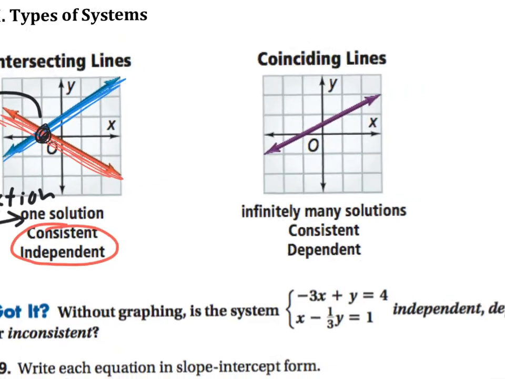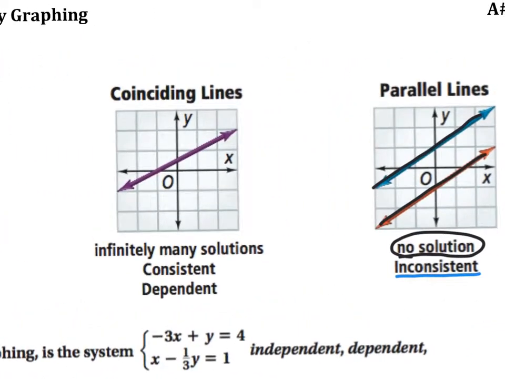Now the last one, wait a tick. What's wrong with this last one? Or what's different about this last one? You only see one line. So here's what happens. They're on top of each other. Yes. So we say, all right, I'm going to graph the first line. I'm going to begin here and cross this way. Or the other one says, I plotted this point here and I plotted this point here and wait a tick,